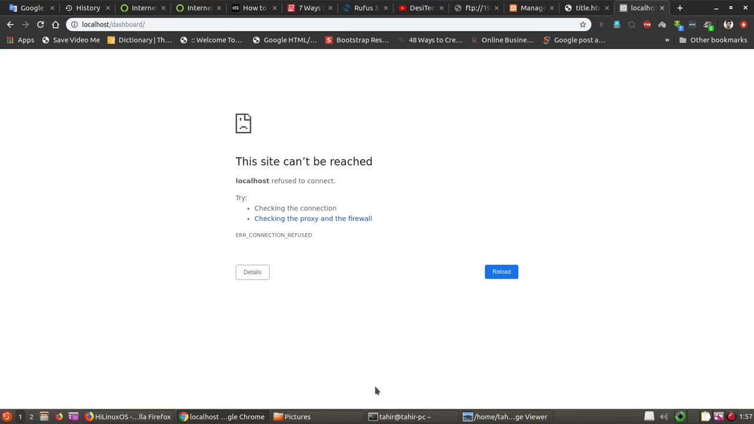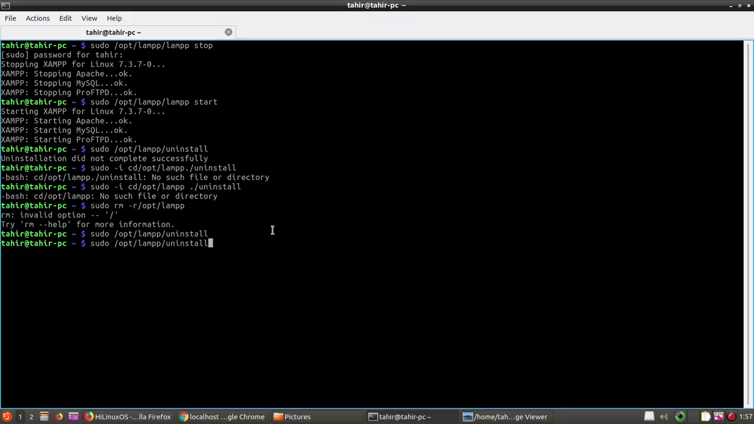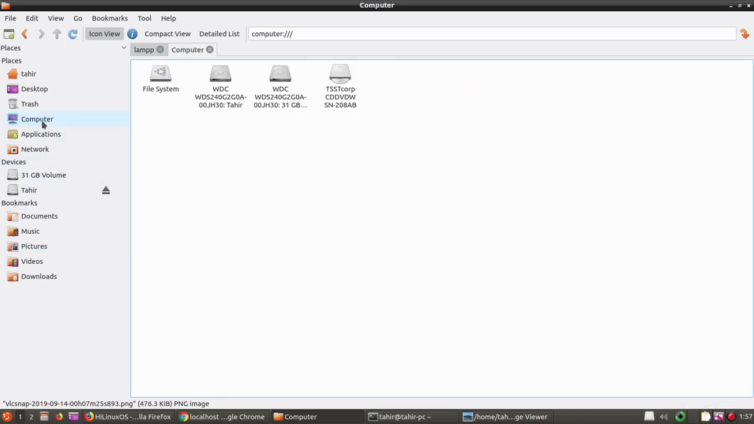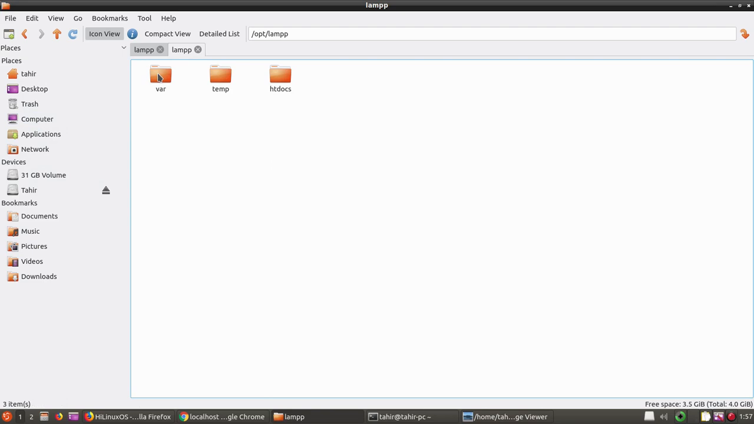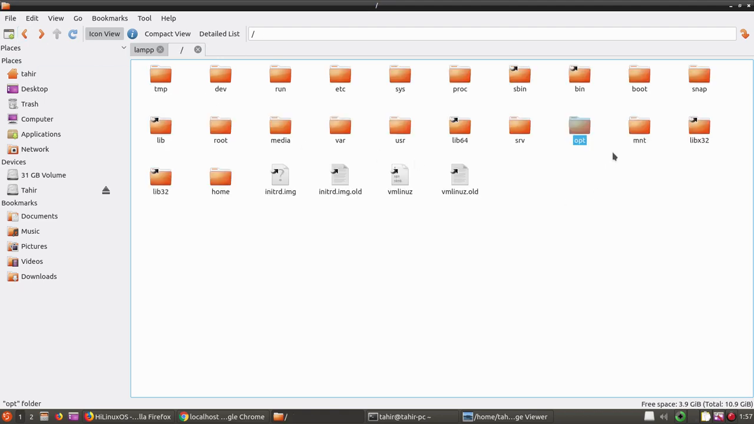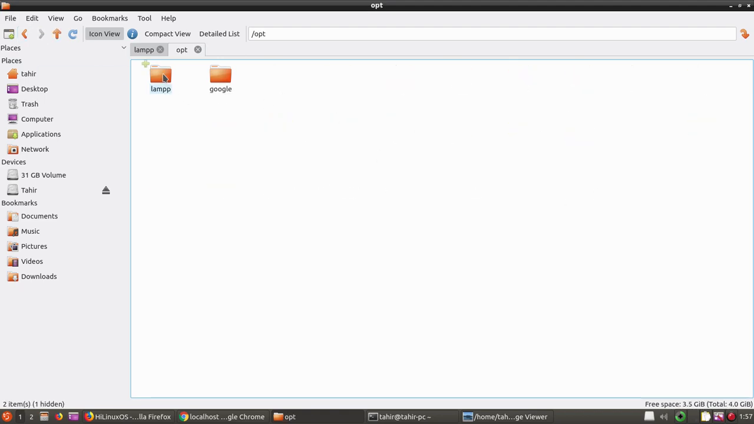Okay, let's try to start XAMPP services. No, so you can see sudo opt lampp command not found. So let's go back. If we go to computers, file system, opt, lampp, we can see the htdocs directory, but we cannot see other files. So under opt you can see the lampp folder and some other files,